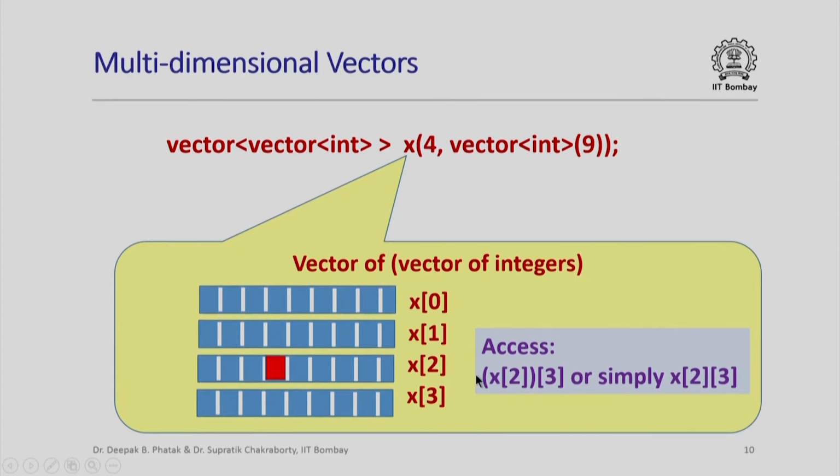Well, it is as simple as this. Suppose I say x[2], put parenthesis around it and then say [3]. I am really saying please access the element with index 2 in the vector x. So, this is the element with index 2. Now, that itself turns out to be a vector. So, please access the element with index 3 in that vector. So, this is the element with index 3, where I am assuming that this is the element with index 0, 1, 2 and 3. Now, this kind of access can also be simplified in C++ by writing like this, and here you can clearly see that by defining x as a vector of vectors, I am getting to use x as a 2-dimensional array, like a 2-dimensional matrix.